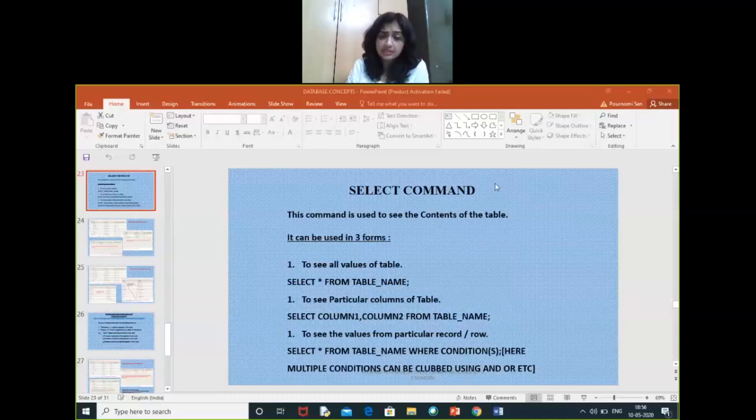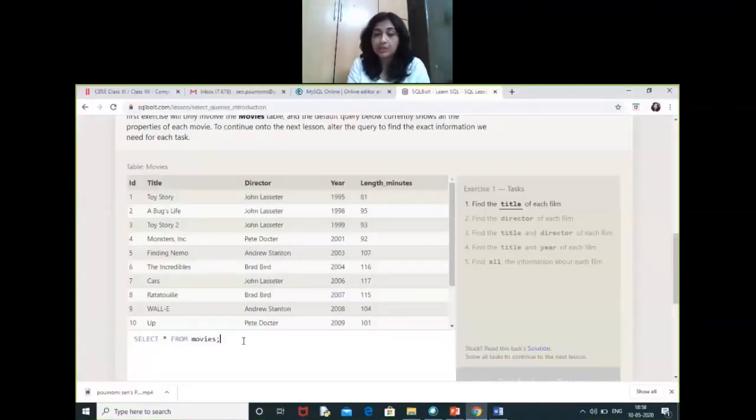So let's run this code from an online editor. Here we are using an online editor, and one table is being shown here. The table name is movies. When we print select star from movies, it provides all the values of this table. Here star denotes that all the column values are being provided. Now what if we want to select only some of the information, some of the rows, some of the tuples of the table? Then we have to set a condition.